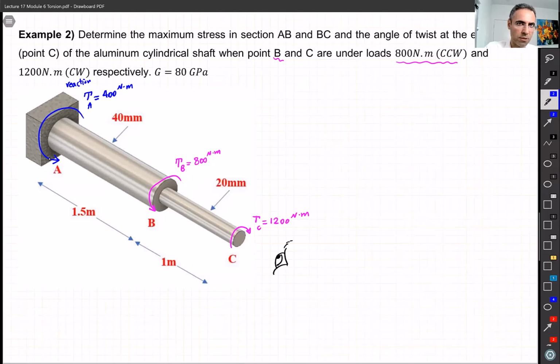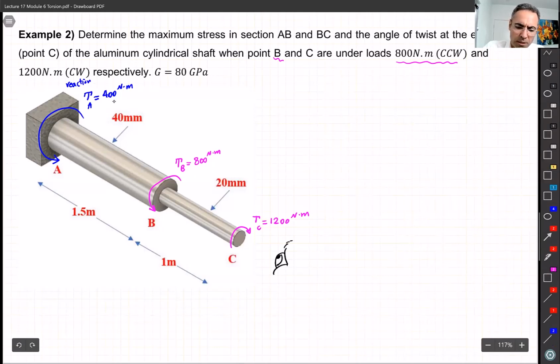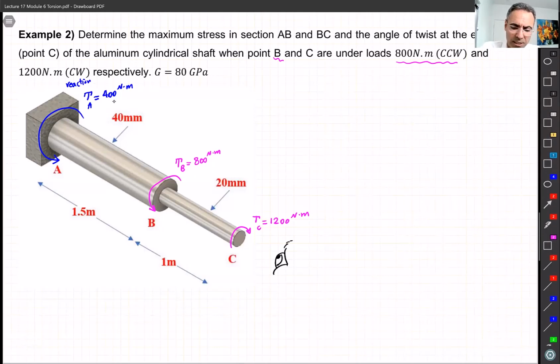Any question for this part? Hope everybody agrees that we need a TA, a reaction of 400 Newton meter here. So that's then the first step, the reaction. Also, I suggest